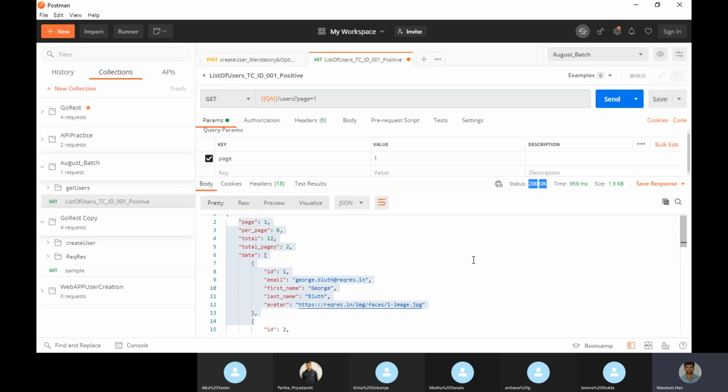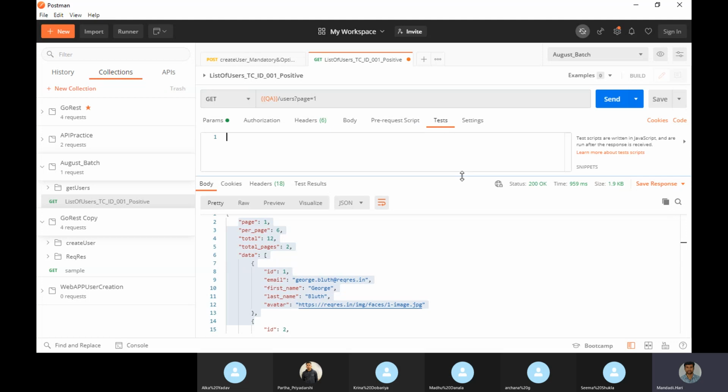Okay, how do you write assertions in Postman? However we do in automation with TestNG annotations, like assert equals status code 200 or not, however we do it in Selenium, here also we can write in Postman. I will tell you, then you will get one question. Okay, we are able to write assertions here also.